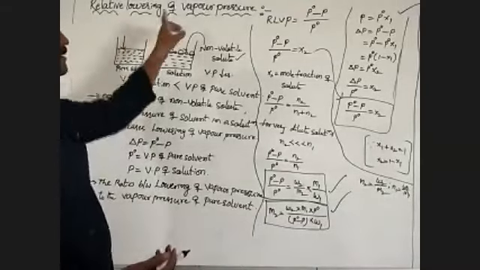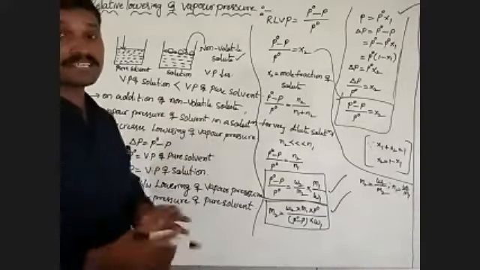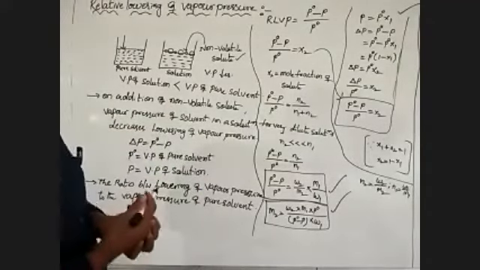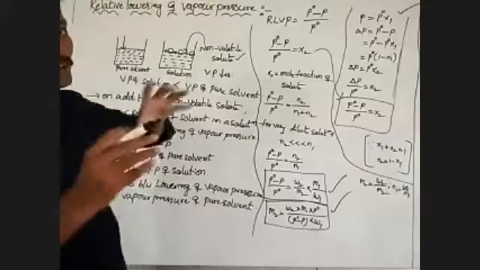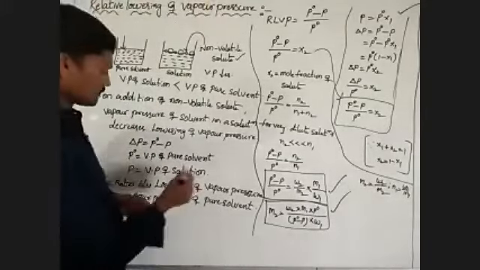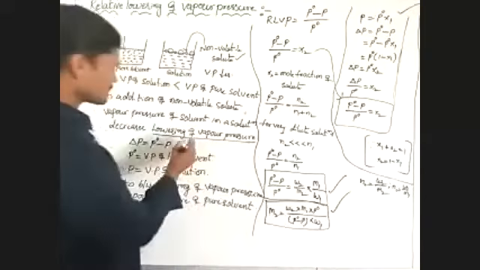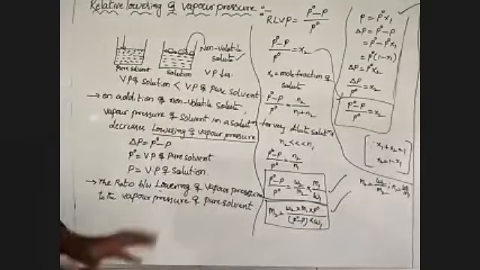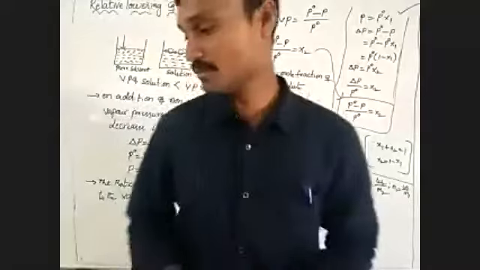Relative lowering of vapor pressure is a colligative property, but lowering of vapor pressure is not a colligative property. That is for clarity. Okay, next another colligative property is